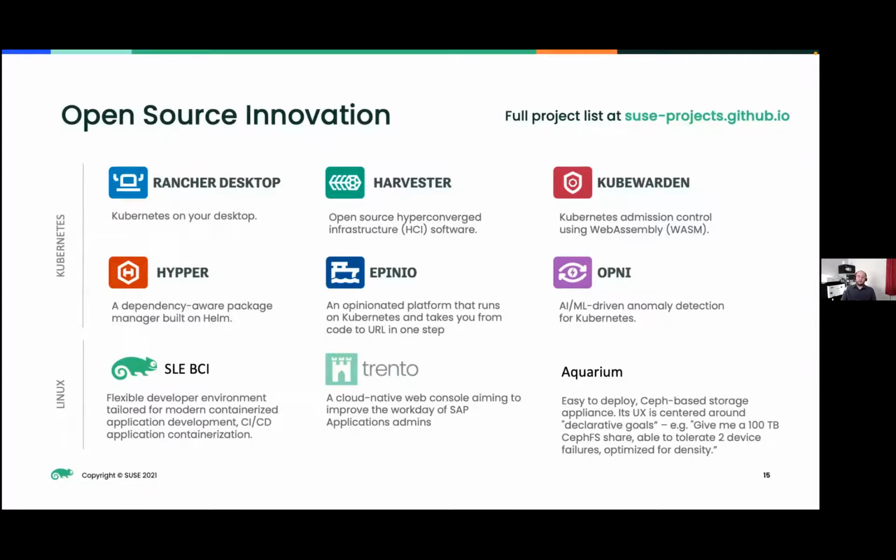We're also innovating to make the developer experience on top of Kubernetes easier. I talked earlier on about that steep learning curve that's there. And for that, we have Epinio, which is a more opinionated platform as a service technology, allowing your developers to go from code to app in one step. For those of you who are familiar or have used Cloud Foundry before, it's a similar kind of concept in principle, just a lot more lightweight. It can run on your own local laptop, and it's Kubernetes native as well.